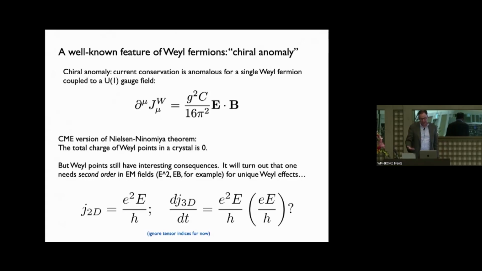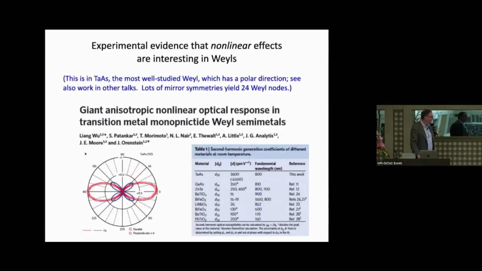It's like you shine light on a material, it produces current. So maybe there could be materials that have a sort of quantized current injection. And that's what some Weyl semimetals are. But before I get to that, even before we were interested in these chiral Weyl semimetals, even tantalum arsenide, which